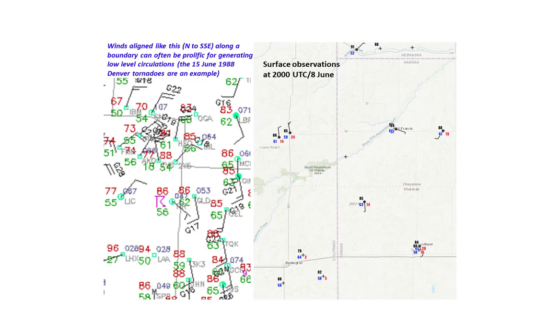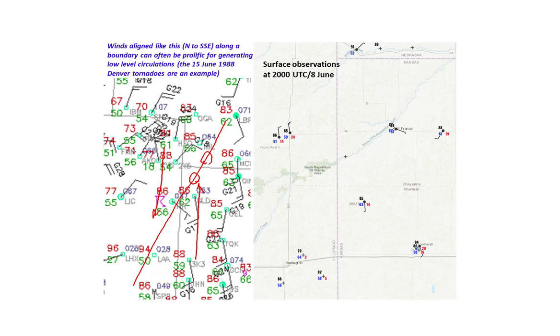The kind of boundary that we had on this day is pretty interesting. It's of course lying about right here. And what you notice, I think this is the most effective kind of boundary, I believe, in producing these kind of non-supercell tornadoes. You have the wind approaching the boundary at an angle from both sides. So rather than straight, west versus east wind, say, this kind of wind often enables you to generate these little